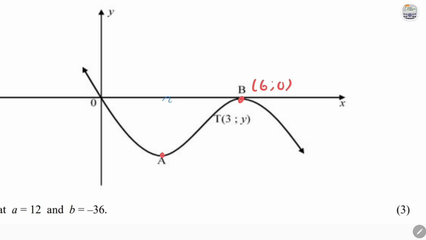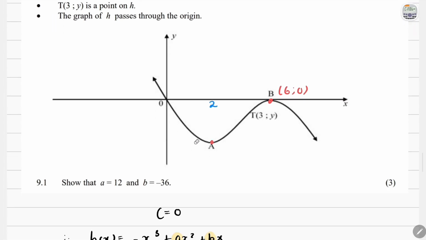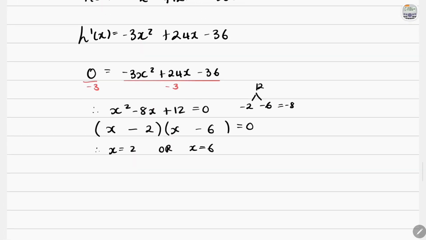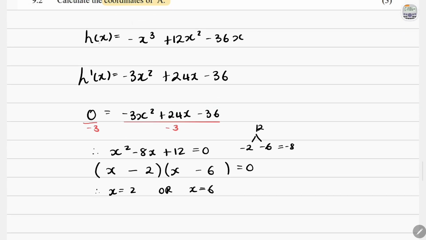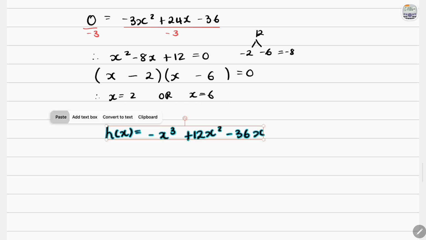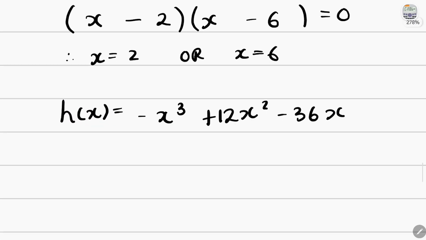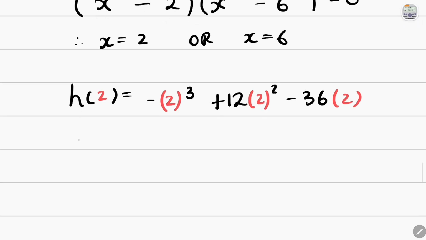So this has an x value of 2, and to find its corresponding y value, just substitute this x value of 2 into the original equation of h, because this will give you y values specifically for whichever x value you substitute. So in place of x, we'll substitute 2. So like this, and so h of 2 is simply equal to, and we'll just put that on the calculator,